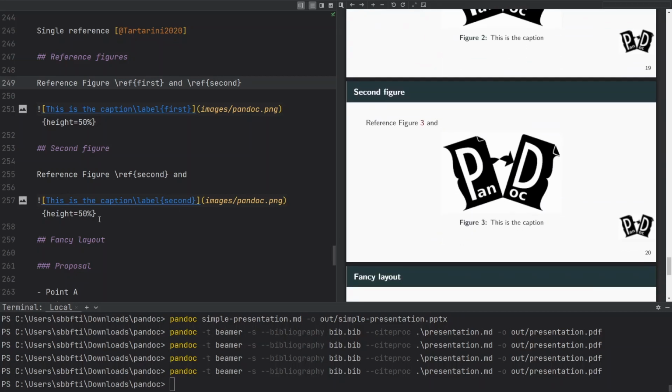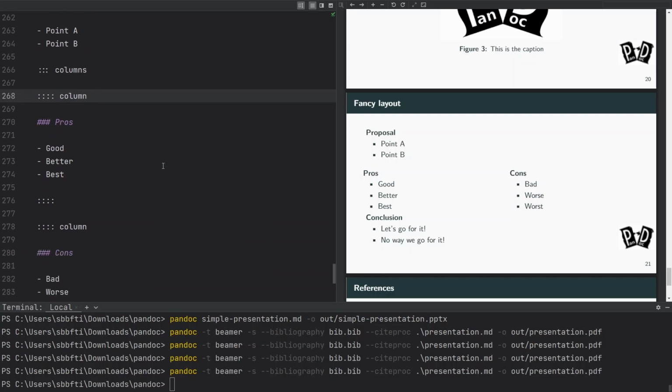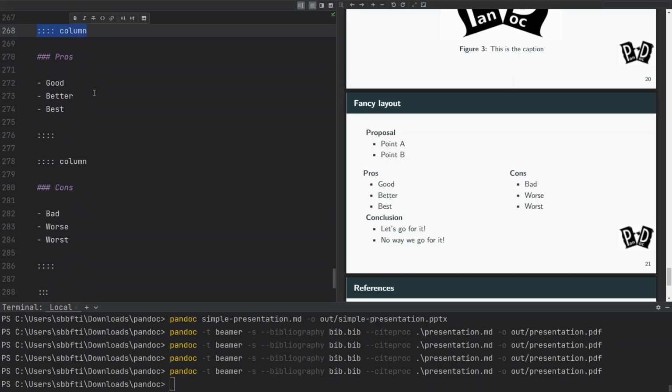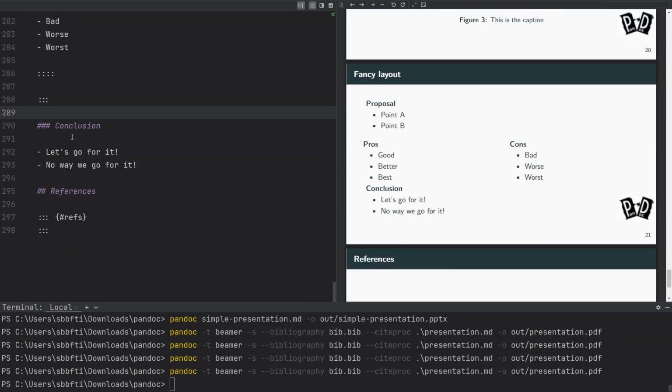As we saw before, we can also specify the height, so we can have a fancier layout. At the beginning of the slide, we can have a block called proposal, with a list inside, and then we can have the text split into 2 columns using the same command as before. We have the columns command, then 4 columns symbols followed by column, and here we have a code block. We stop this one, then we have the second column, and we close the columns environment. Then, as you can see, we have the conclusion in the same slide, with another code block, so you can really arrange the text as you want.